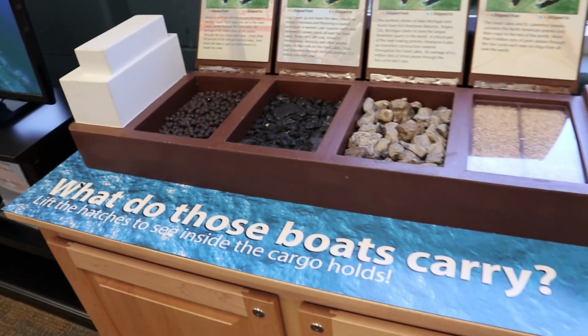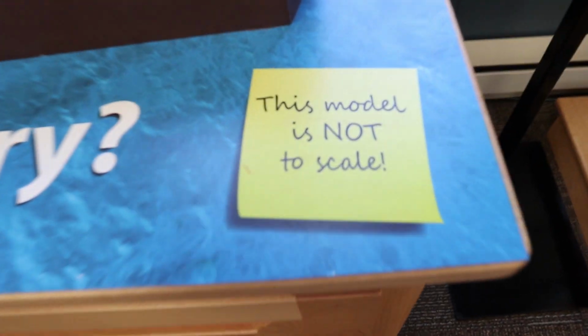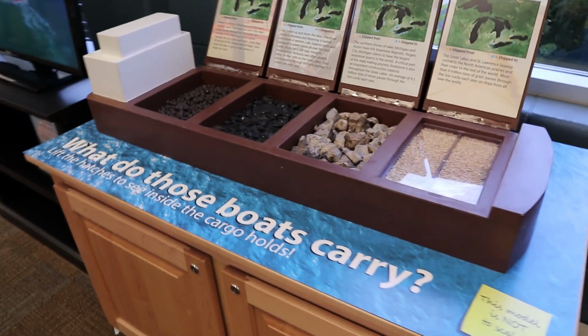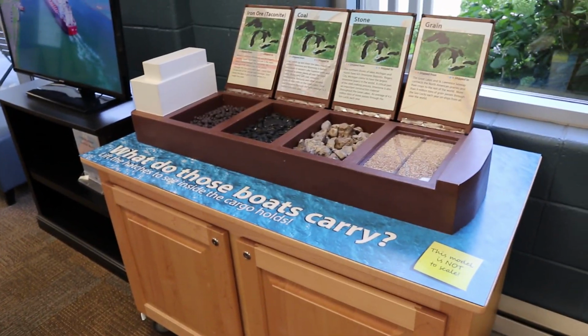And of course, because we live in the society we live in today, this model is not to scale. Yeah. I didn't think so. Obviously not. I probably could have figured that one out on my own, but...